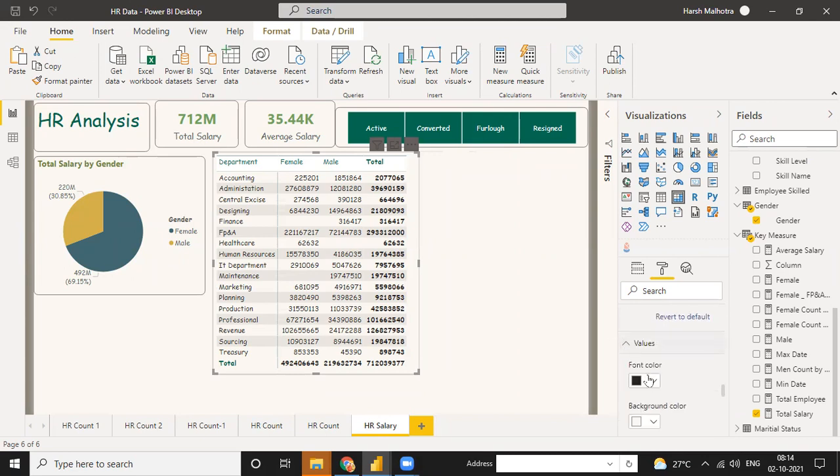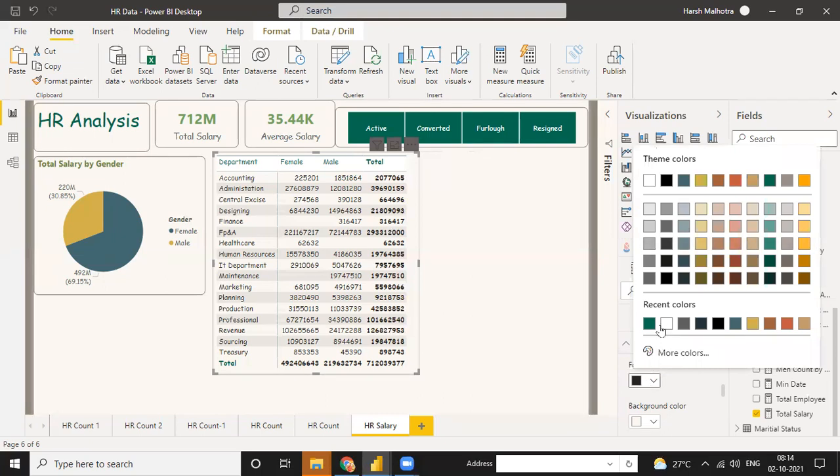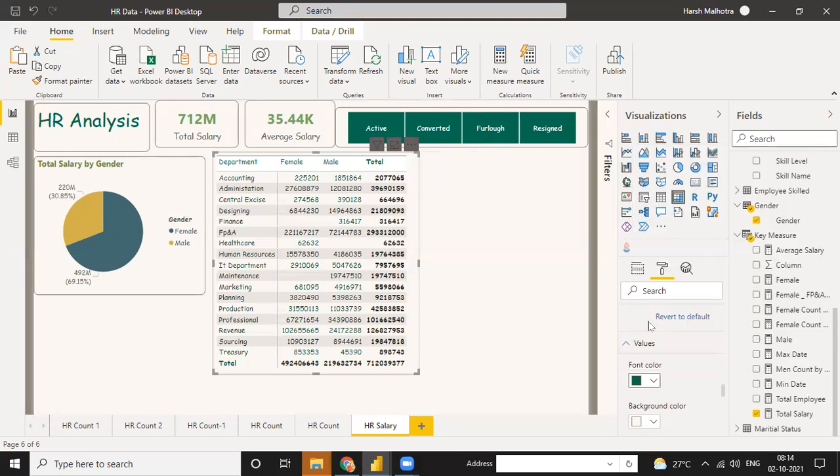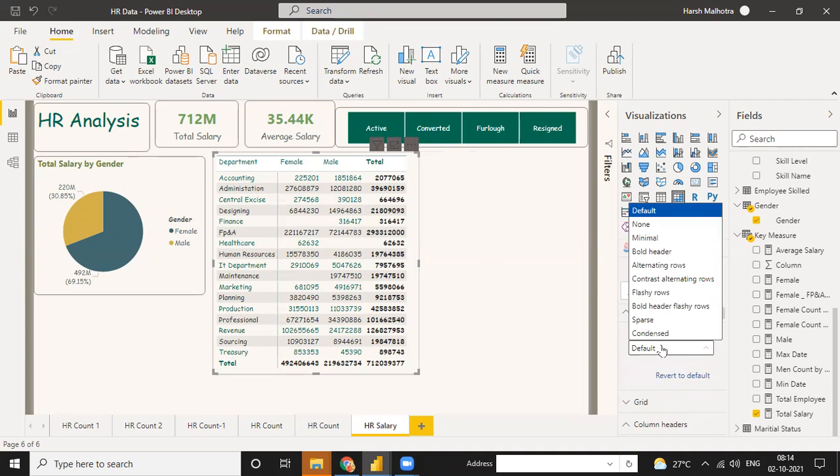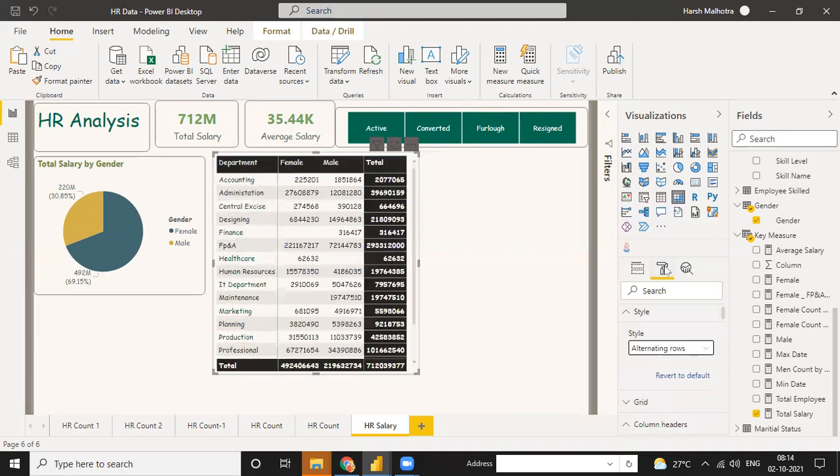For the values, you can use green color. See, the value is changing. So it means you just do the formatting your way. Either you can use a style or you can use formatting. See, the formatting is done by you. You can do this kind of formatting.